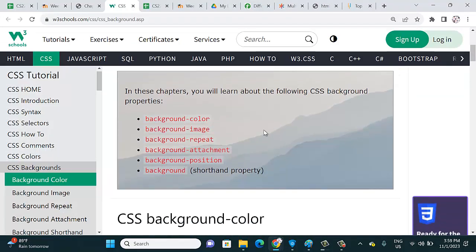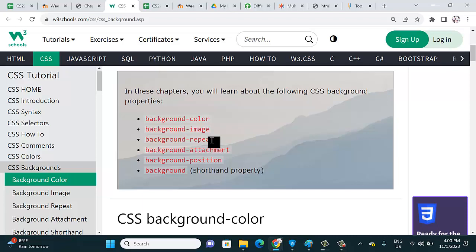Okay, for background we have these properties. Background color. Okay, background image, right? You know, if you want the background to be an image, not a color, you have background image. It's a term, it's a keyword. We cannot change it, right? We cannot invent a new word. Just use this term. And background repeat, right? Because maybe your image is not big enough to spread over the page, so maybe you need to repeat it many times